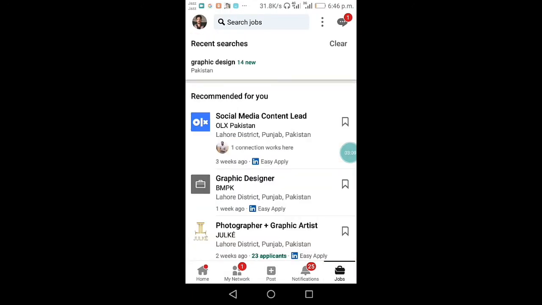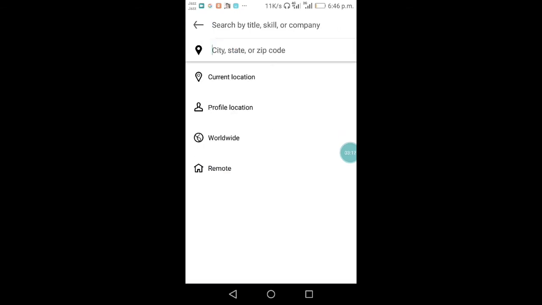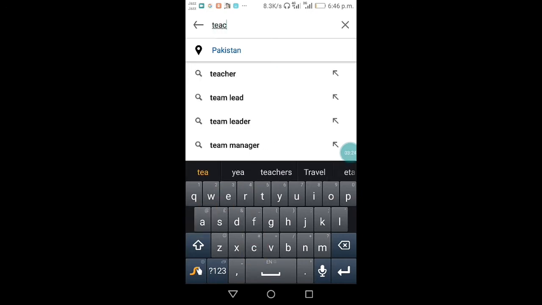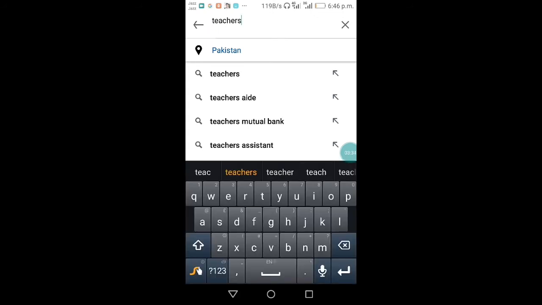LinkedIn is the most popular platform for job recruiting. All over the world, people use the LinkedIn app to hire employees all across the world. So you can easily apply on the LinkedIn app.